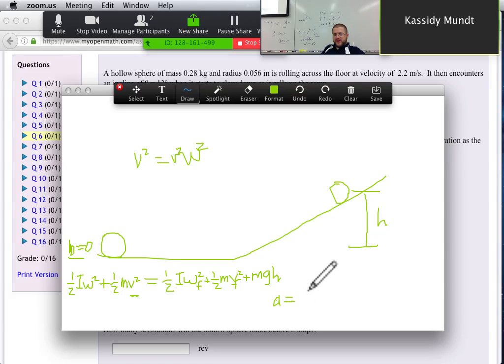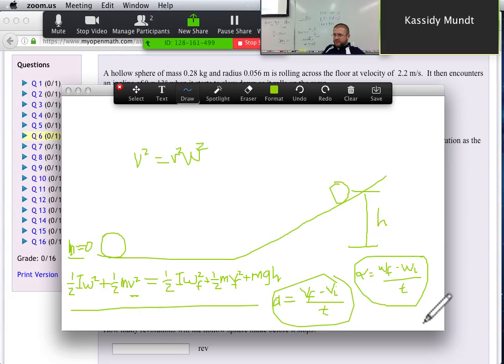Okay. So remember that acceleration has a couple of different ways you can calculate it. And one of the simplest ways is just this: v final minus v initial over time. And the same thing for angular: omega final minus omega initial over time. So once you use this equation to find your final velocity, you can also find your final angular velocity, and then you can just find your accelerations from this.